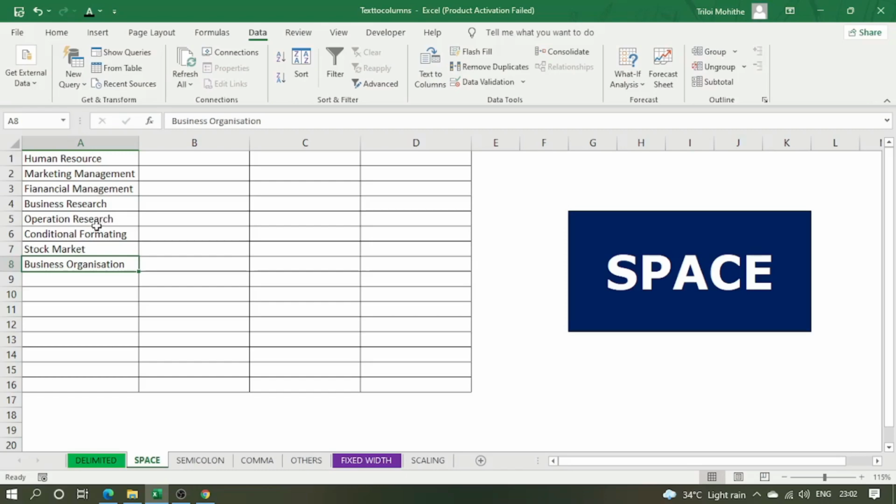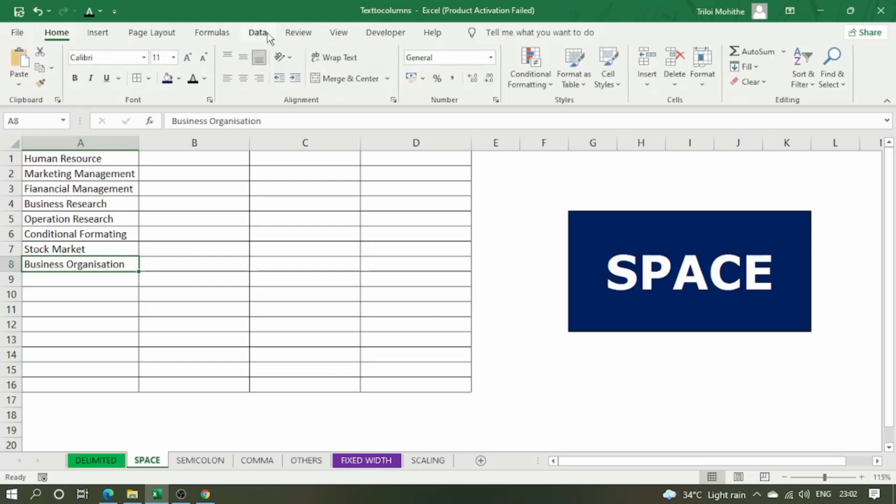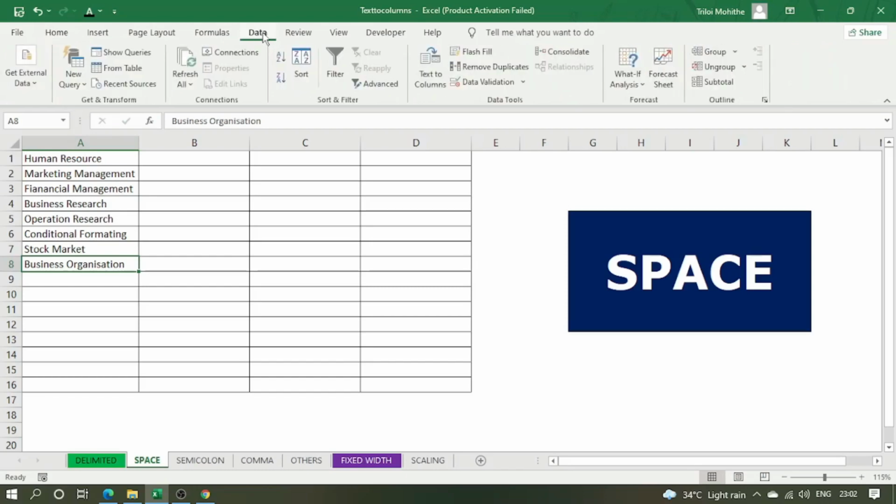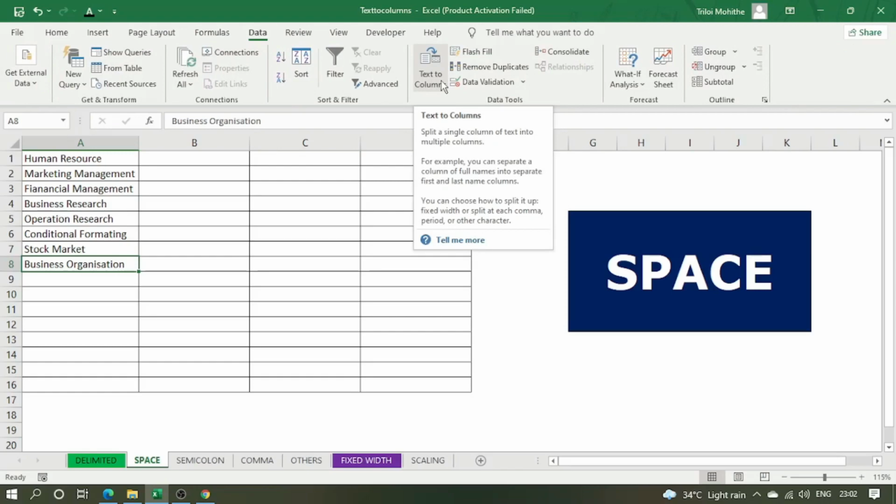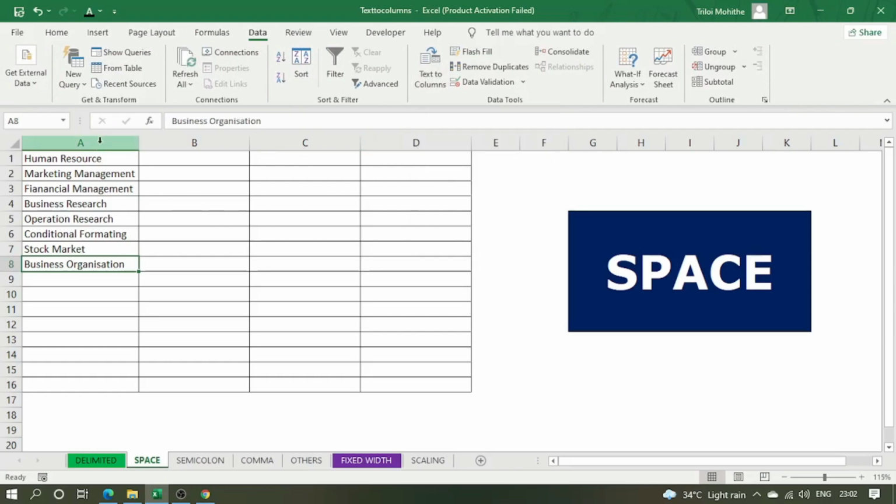So where do we have text to columns? Text to columns is available in the Data tab. Under the Data tab, there is an option called text to columns. Before we perform text to columns, the first step in the process is to select the data.